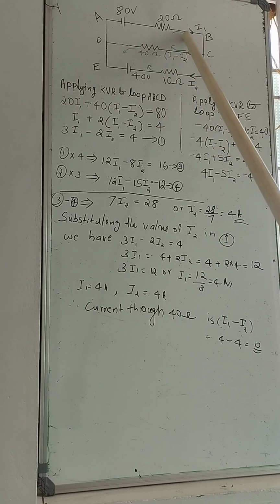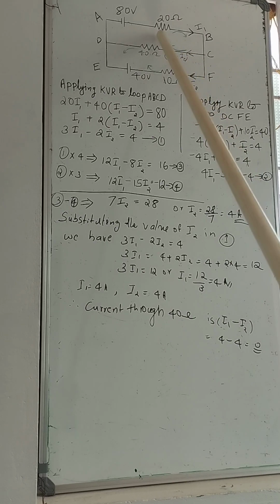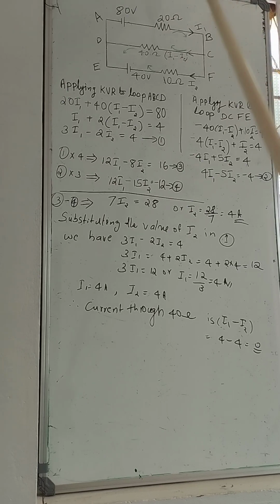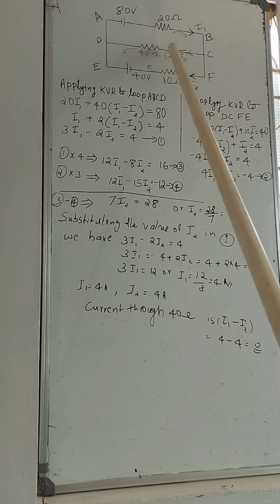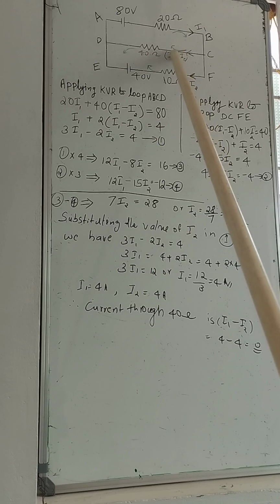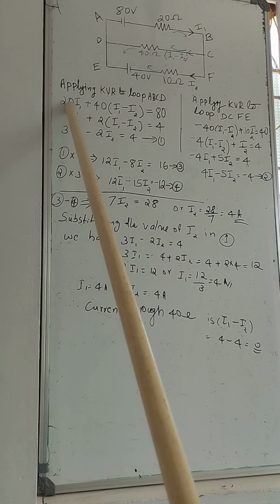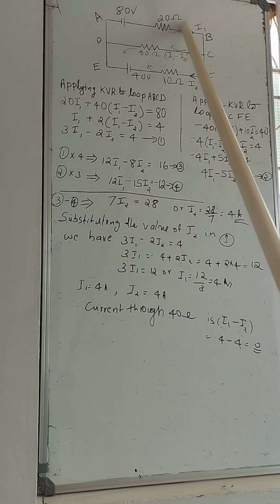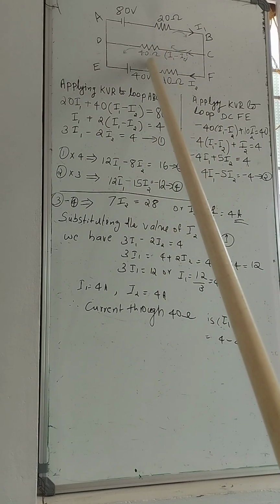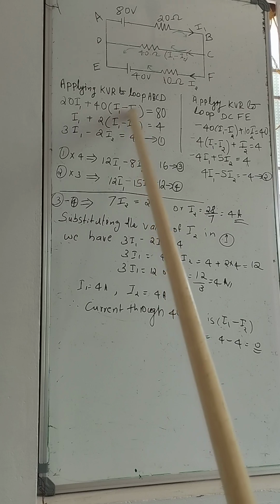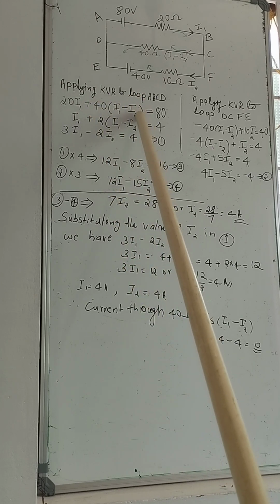So both currents follow the clockwise direction. Suppose we prefer that direction, then the potential drops created by currents in the preferred direction are given the positive sign. So 20 I1, the potential drop, and next the potential drop 40 into (I1 minus I2),